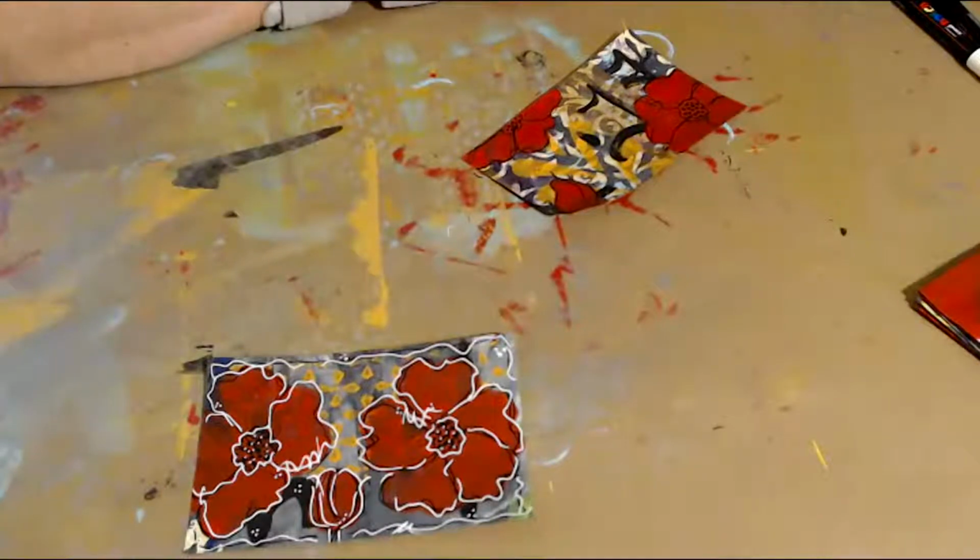Now, at the end of the video for the purple one, I wasn't quite finished. So when you see it, it's not going to look exactly like it did at the end of that video. Just an FYI. So let me grab that. And the other one I'm going to show is the one I did first during one of last week's craft and chat. I started the